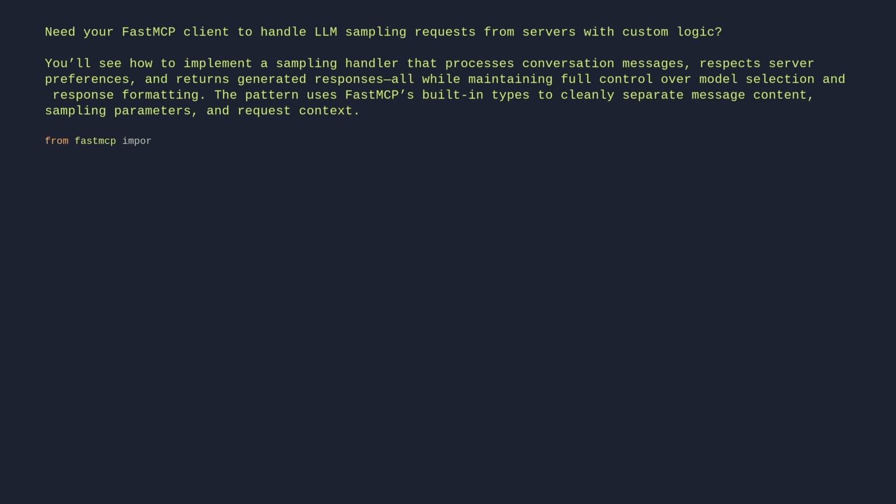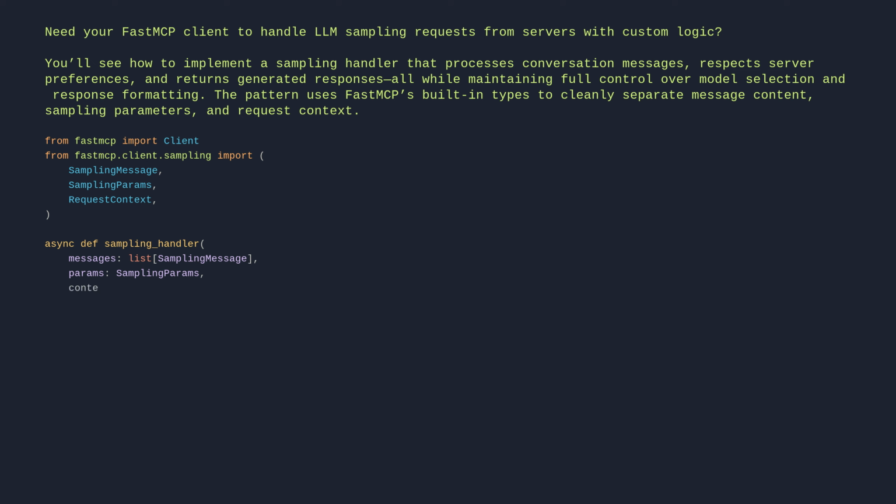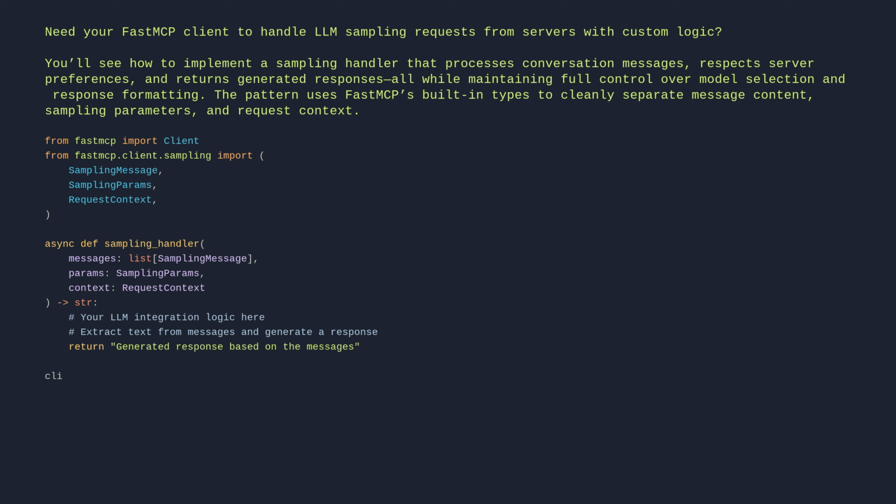from fastmcp import Client. from fastmcp.client.sampling import SamplingMessage, SamplingParams, RequestContext. async def sampling_handler(messages: list[SamplingMessage], params: SamplingParams, context: RequestContext) -> str: # Your LLM integration logic here. # Extract text from messages and generate a response. return generated_response_based_on_the_messages. client = Client("my_mcp_server.py", sampling_handler=sampling_handler)